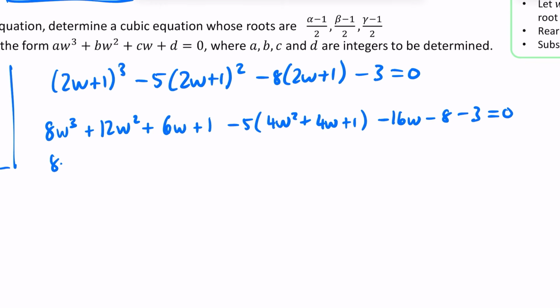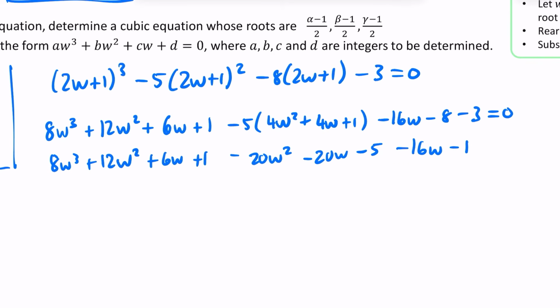equals 0. So just taking my time with this to try and not make any mistakes, because I find when you rush these things, or when you talk at the same time, is when you make some of these mistakes. So I'm just expanding that middle bracket, and then I'm hopefully, as I've simplified those last two to a minus 11, going to get all of these simplified correctly. So I've got my 8w cubed. For the squareds, I've got just the 12 minus the 20, that's minus 8. For the w's, I have a 6 minus a 20 and a minus a 16, that's minus 30w. And then for the constants, I have a 1, a minus 5, and a minus 11, which is minus 15